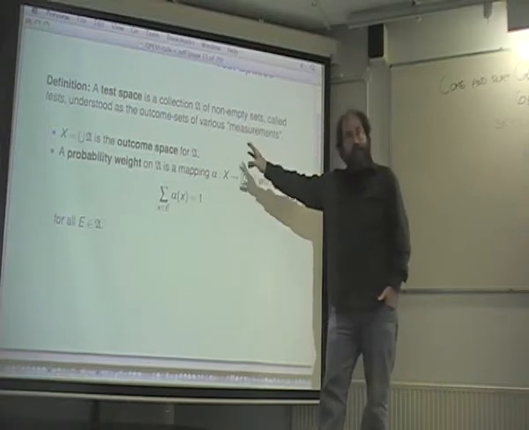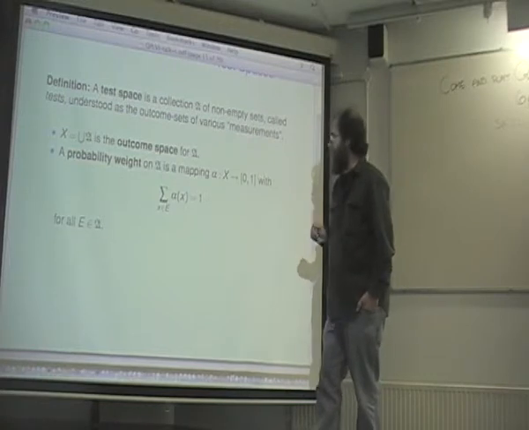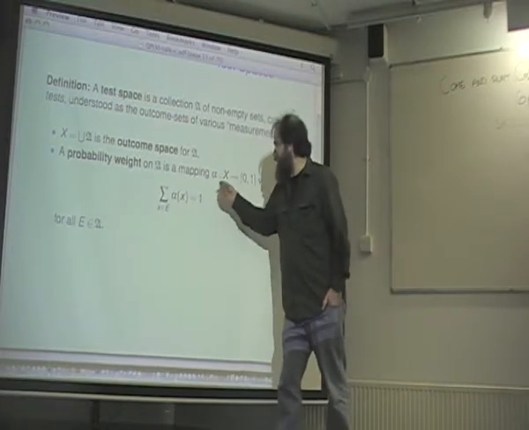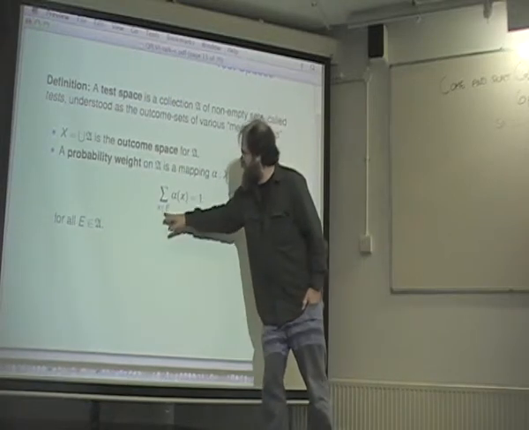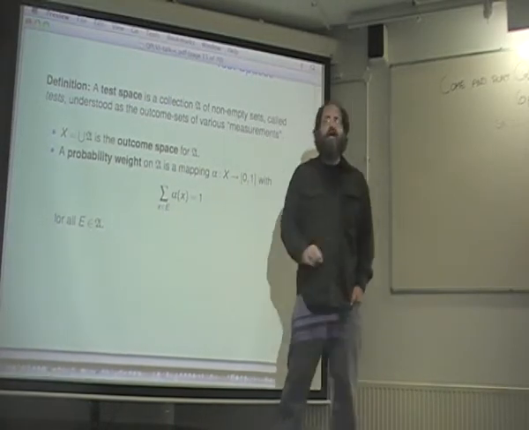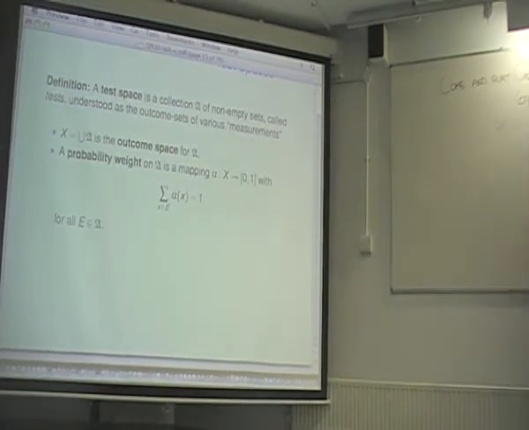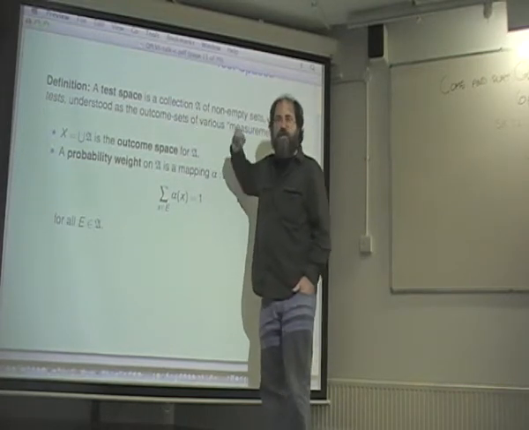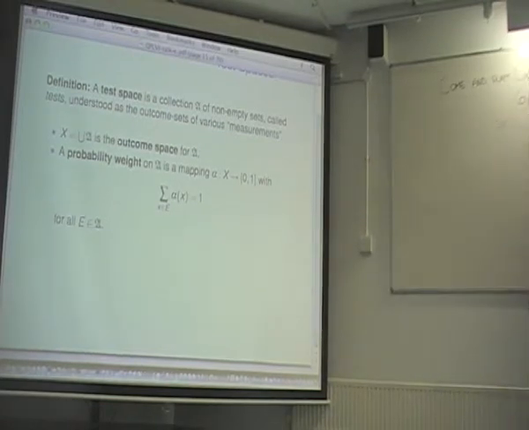No, so a state should assign to every outcome a value between 0 and 1, a real number between 0 and 1. And those values, which I intend to interpret as probabilities of securing various outcomes, those probabilities should sum to 1, certainly not over the whole outcome space, but rather just over the outcomes constituting a particular test. And that should be the case for every test. So this is a sort of non-contextual assignment of probability to outcomes. I want to mention that because, notice, I do not say in the definition of a test space that it's a collection of pairwise disjoint sets. I'm allowing for the possibility that two different experiments may have some outcomes in common.